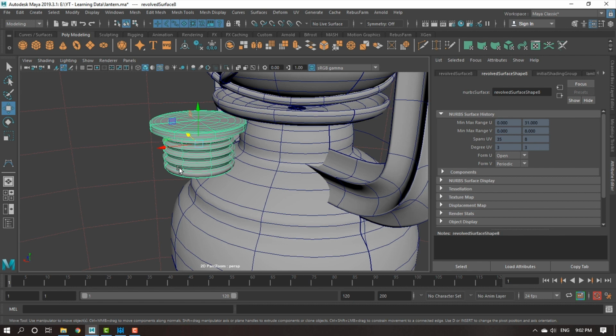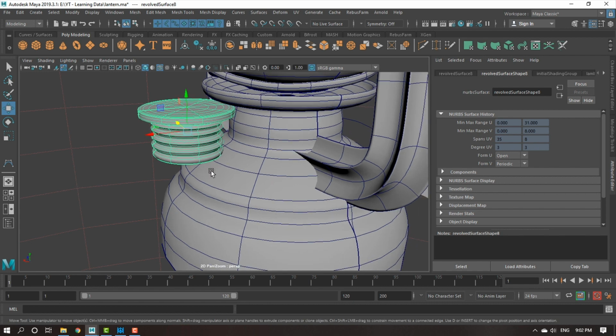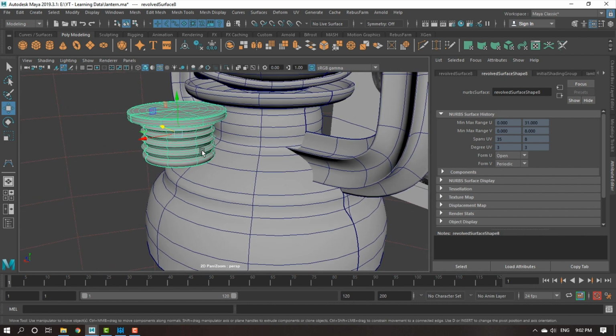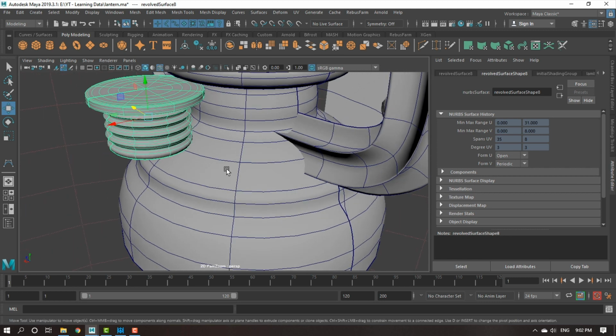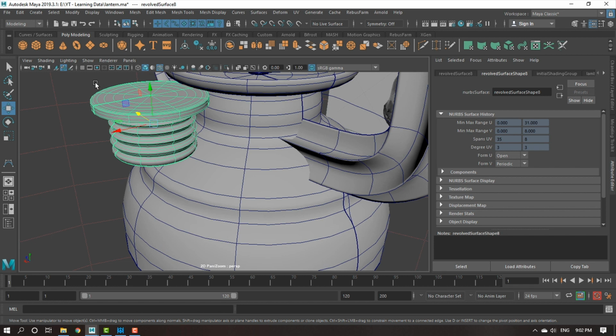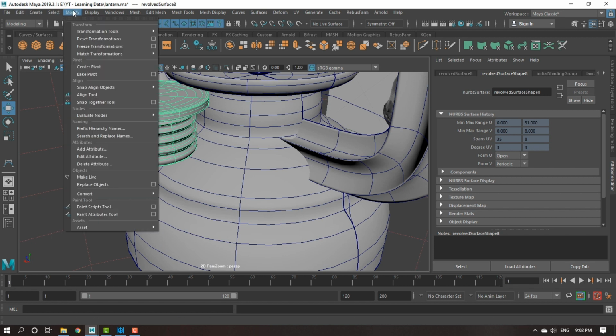Now let me give you a pro tip. I want to align the pump or the nozzle, you can say, right around somewhere here on the surface. So go to modify, go to the modify tool, and here I have the snap together tool. Now what exactly does the snap together tool do?